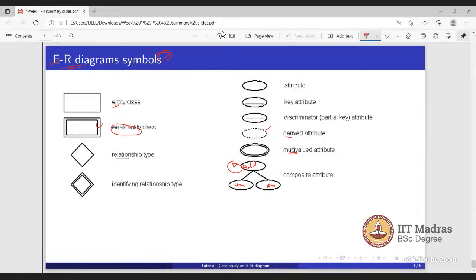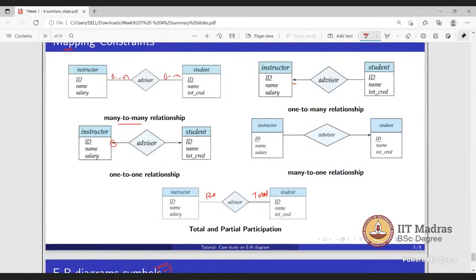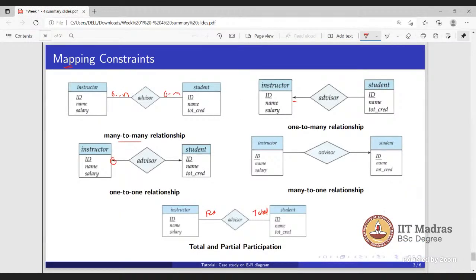Yes, anyone? Hi, sir. May I know about total participation and partial participation? How does it involve multiple entities? In this case, instructor and student, does it relate to the relation advisor or to the entity?